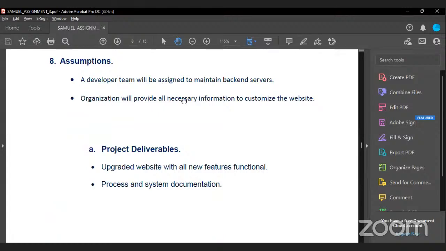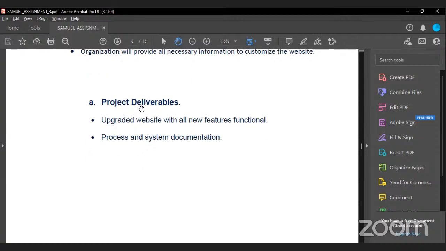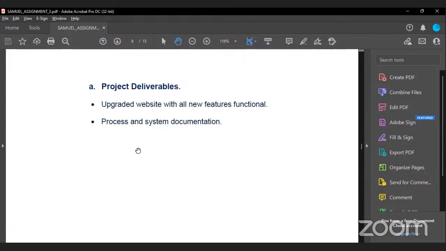This is what I assume as a project manager, not to say that we spoke about it, but I assume that the organization would assign people who would maintain the backend services, and that the organization will provide all the necessary information to customize the website after it has been upgraded. So these are two assumptions that I got from our conversation, but not something that he clearly stated.